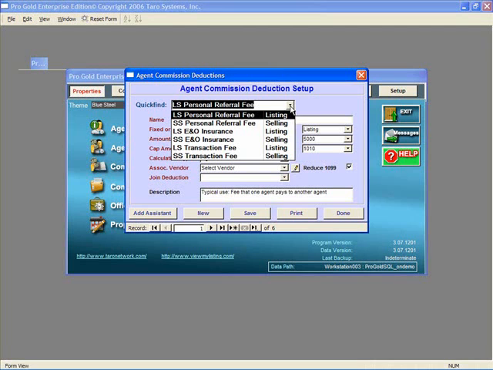Deductions can either be set as a percent or a fixed amount, and are set up with a debit and credit account to reflect where this will appear in the chart of accounts. Some of the commonly used default deductions are already set up, but you can make any changes or add any